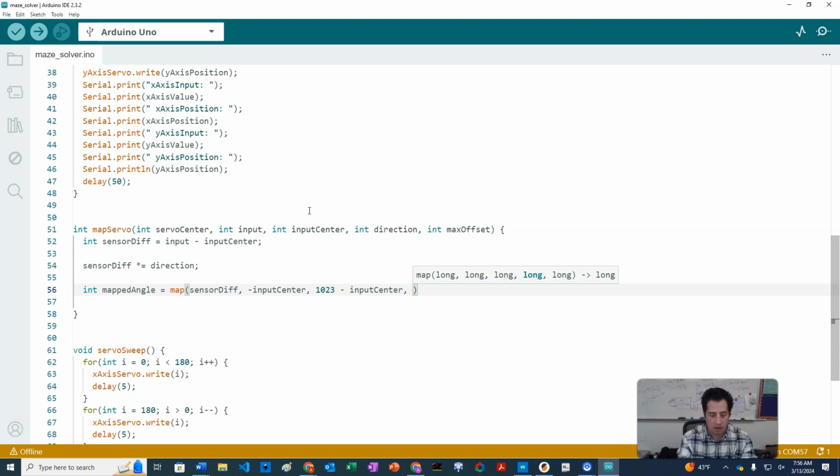I'm going to go negative max offset to max offset. So let's say our max offset is 20 degrees. So then we're going to map between negative 20 and 20. Our sensor difference is how far off from the center. So if our input center was like 512,